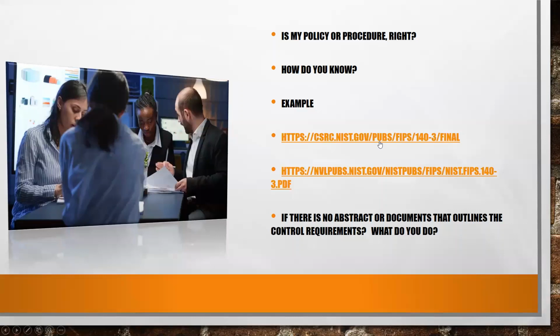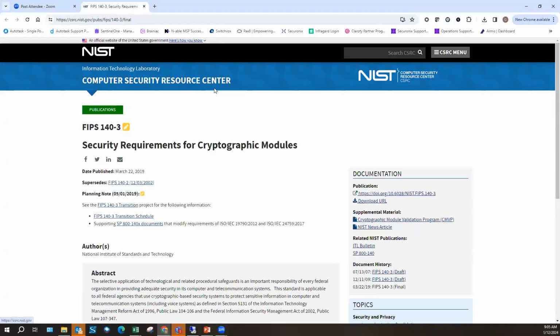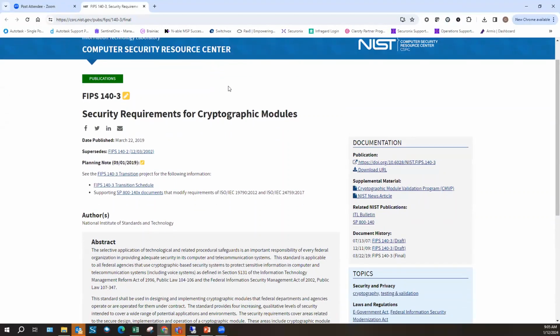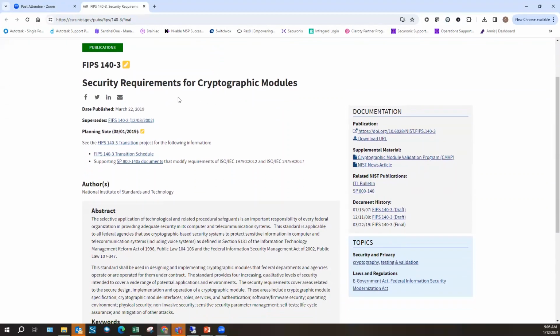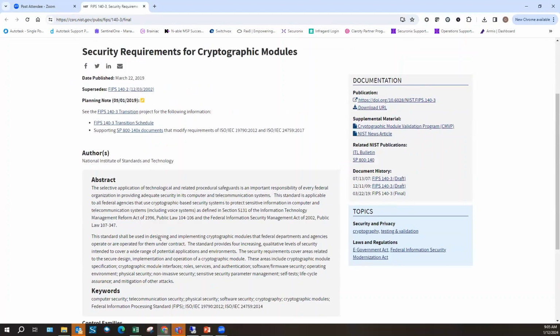So what you have to do is the government gives you this website where you can go, and it'll tell you, okay, here is the requirement. You need to have certain levels of cryptographic standards in place. It'll tell you here's the place where you will be notified of what is the current level. It's 140-3. They'll tell you if it's going to be deprecated and when it's going to be deprecated and when